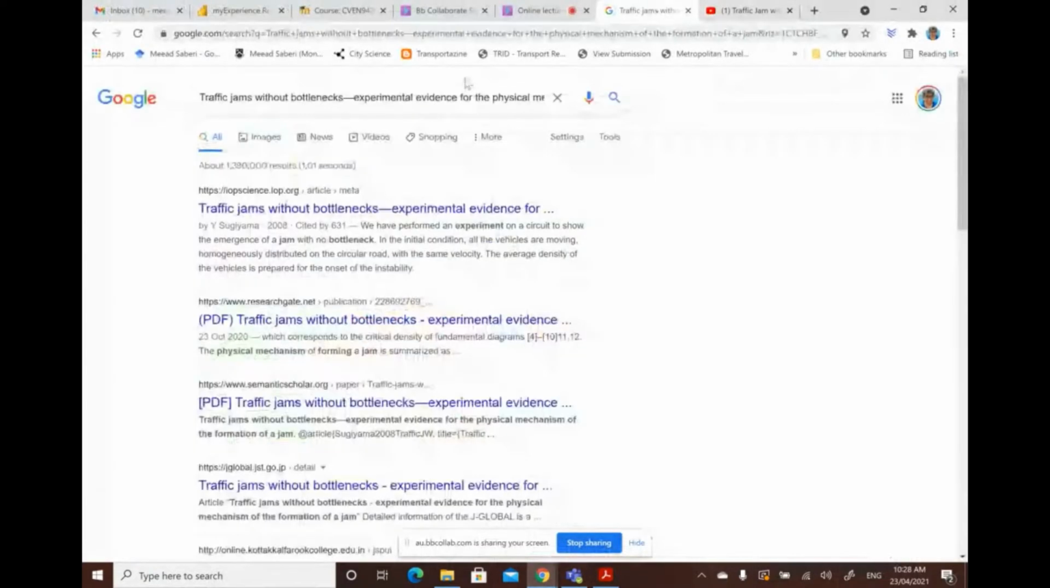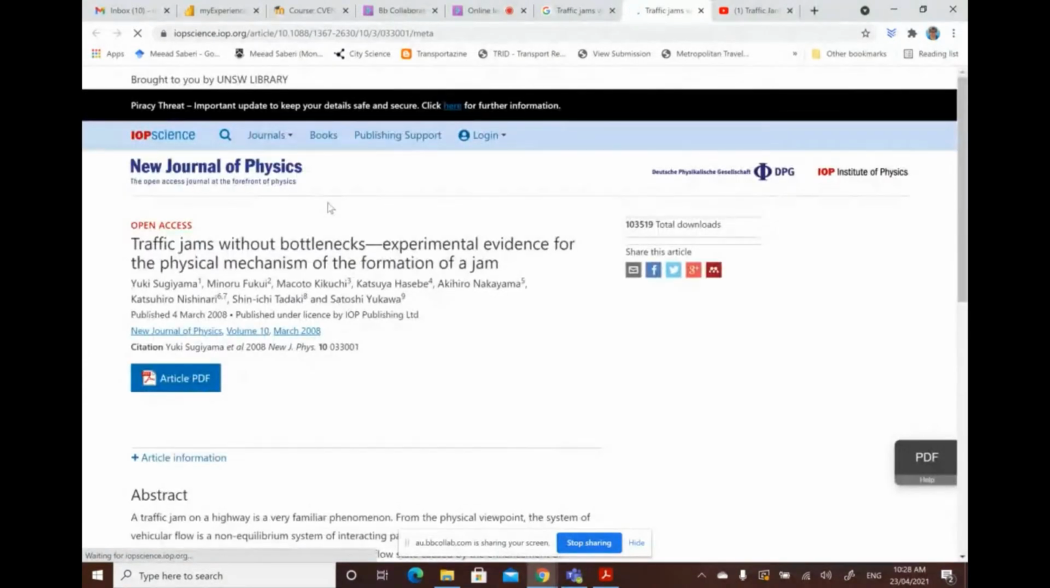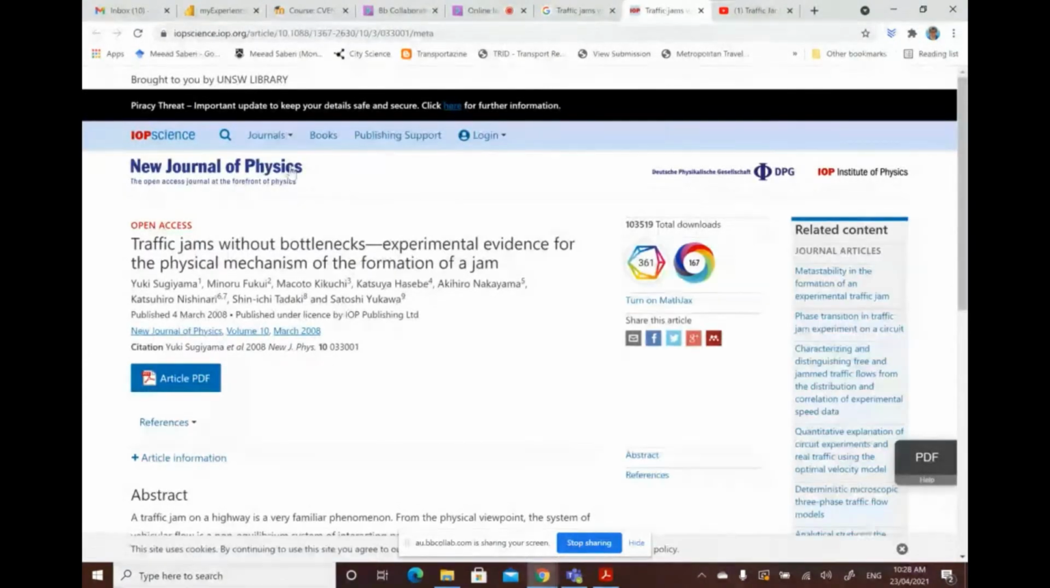It's a really nice paper to read, I would say. I really recommend you to have a look at this paper. Look, it's published in a physics journal. I think I told you about this, that traffic engineering, or actually not necessarily engineering, traffic flow theory,